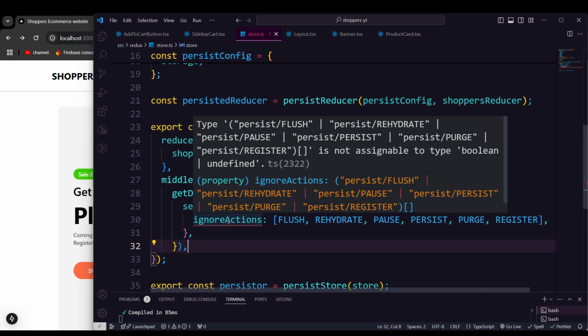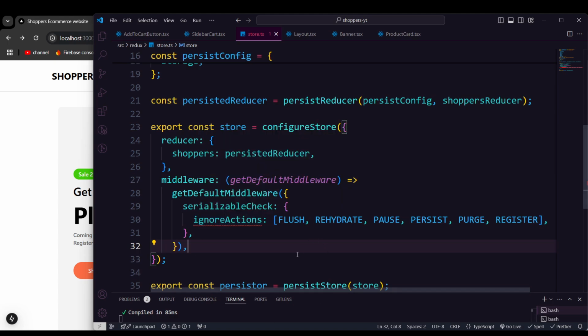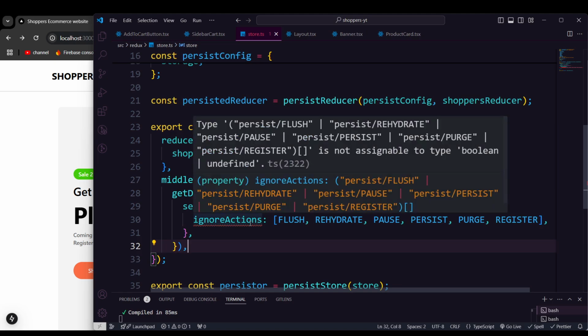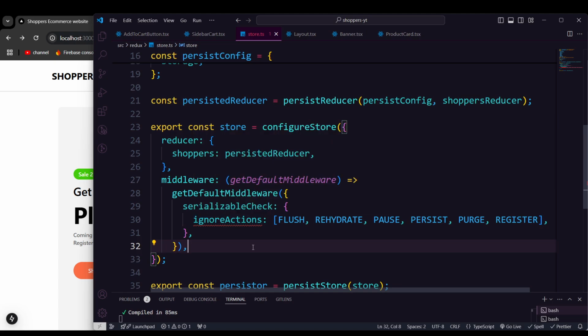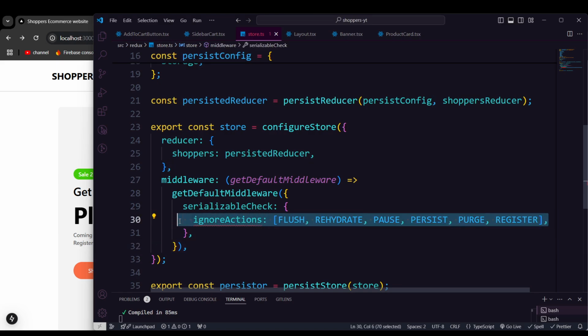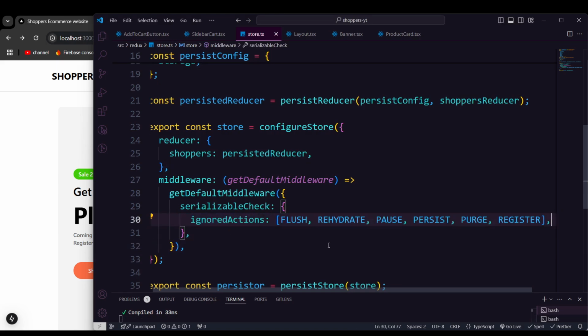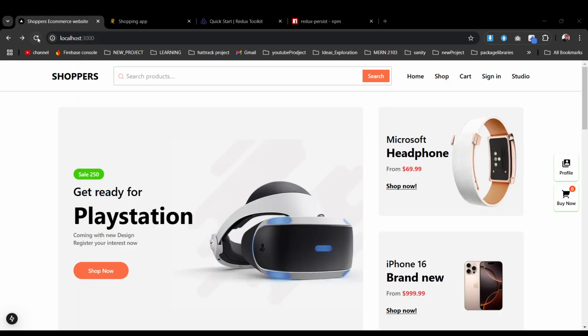Ignore actions, why is it not there? What is it saying? Persist plus, okay, a boolean value, so it's supposed to have that. What's wrong in that property? Okay, that's not ignoreActions, it should be ignoredActions. Okay, so right now once I did that, you see the error has just wiped away, so we are good